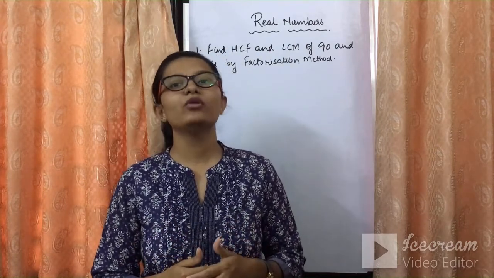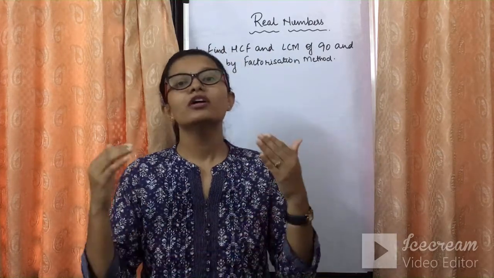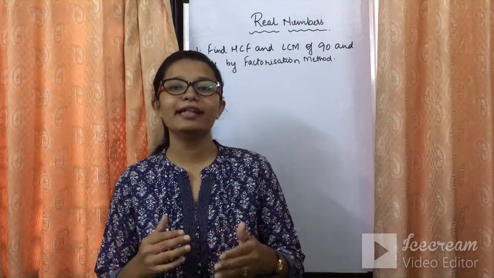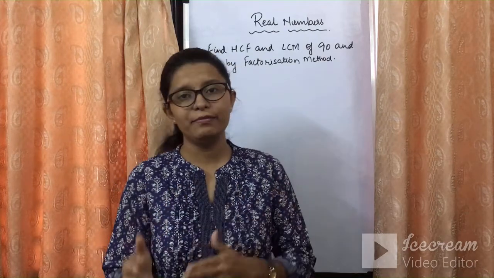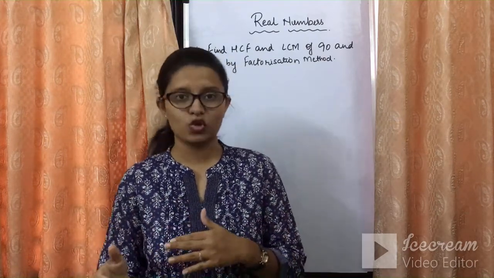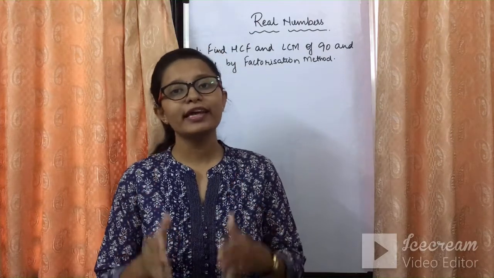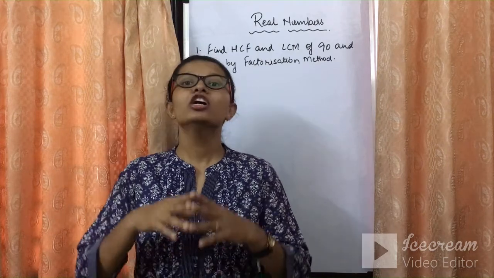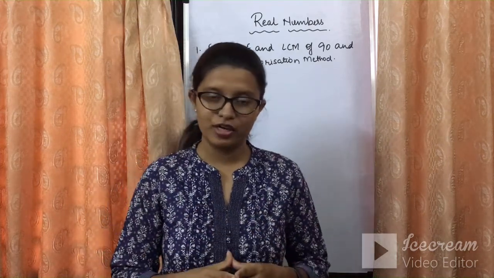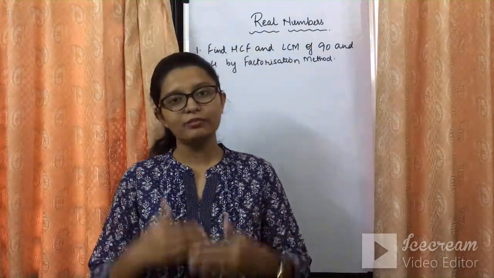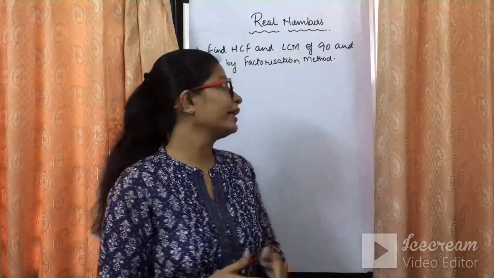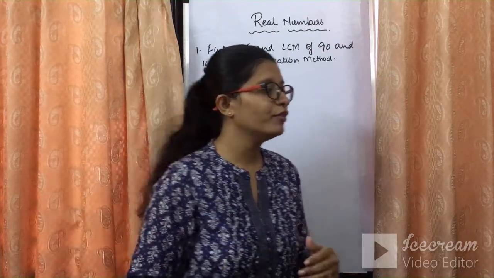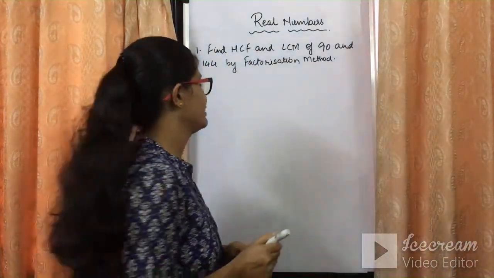Then we will be seeing about the roots, how we can prove the numbers given to us as irrational. The number as like the root n दिया है and when n is a prime number or it is not a perfect square. Where n is not a perfect square, there we can say that any root number is an irrational number. So we will be discussing whole thing about what do we mean by the irrational number. So both rational and irrational come under the real number. That's why the chapter name is real numbers. So, without wasting any time, we will be starting with the LCM and HCF part.